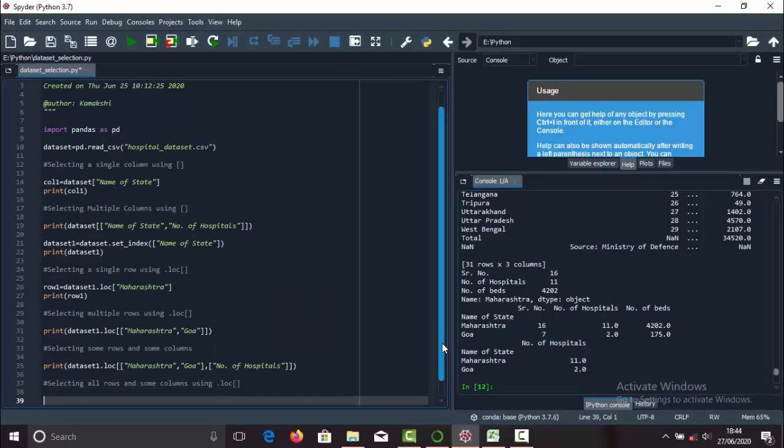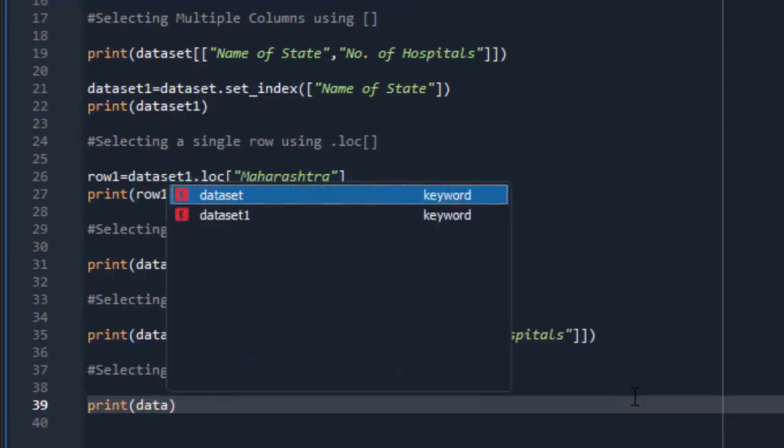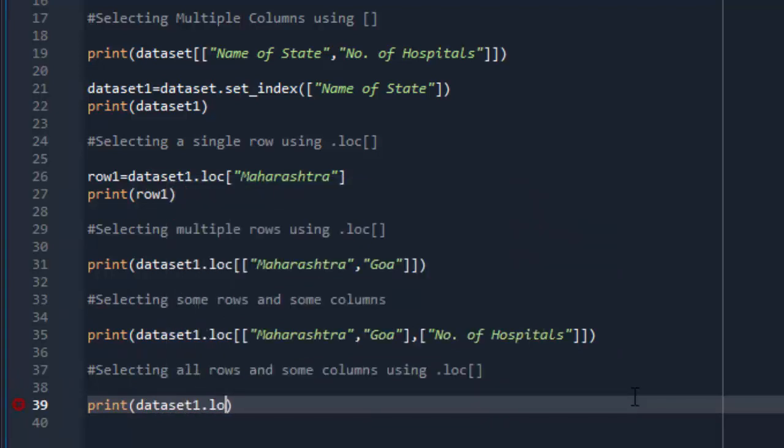Now the next example which we are going to see is selecting all rows and some columns using .loc indexer. For that, just type print in bracket dataset1.loc within subscript. Now it is quite different as compared to the previous example. This time we do not have any restriction on the number of rows which we are going to display, so in that case, there is no need to specify the list.